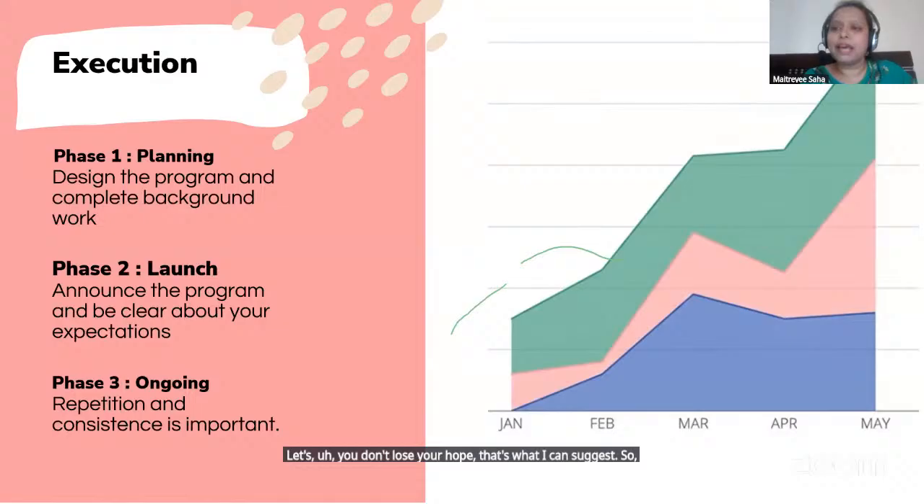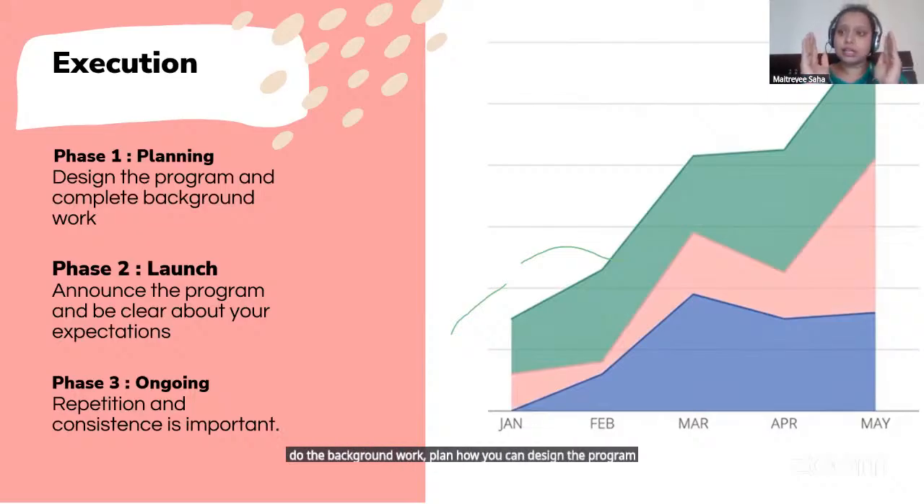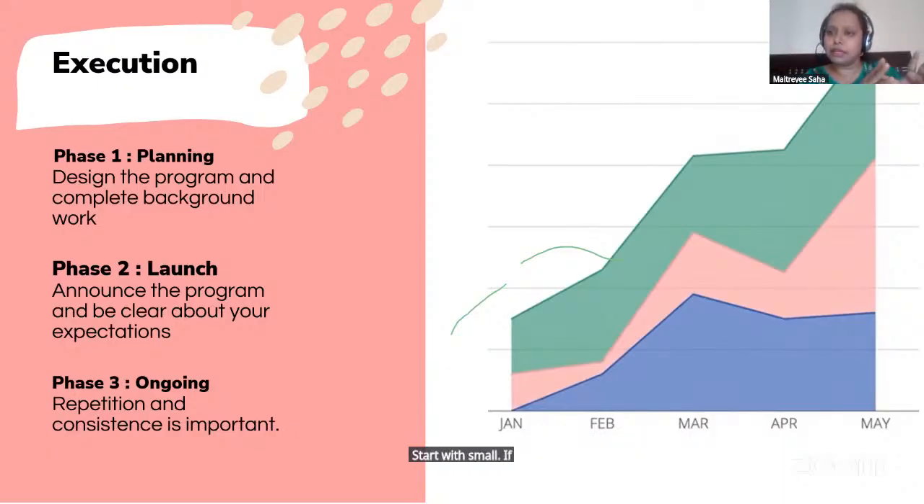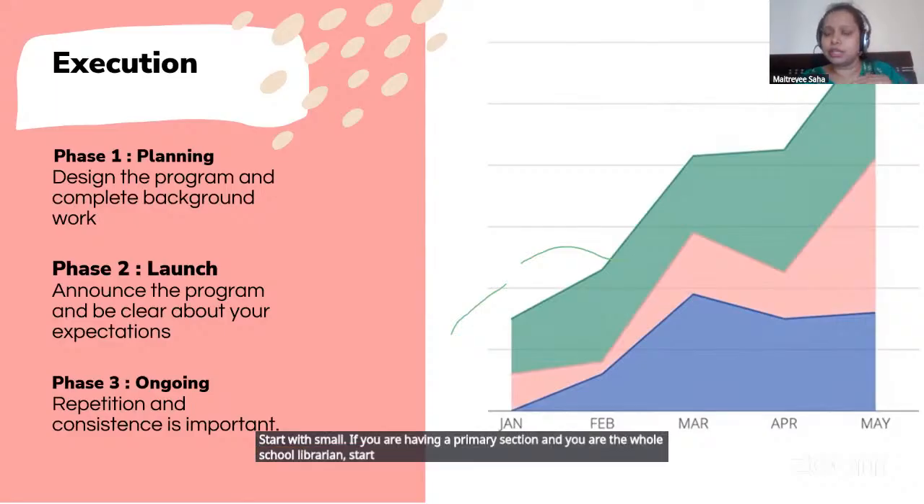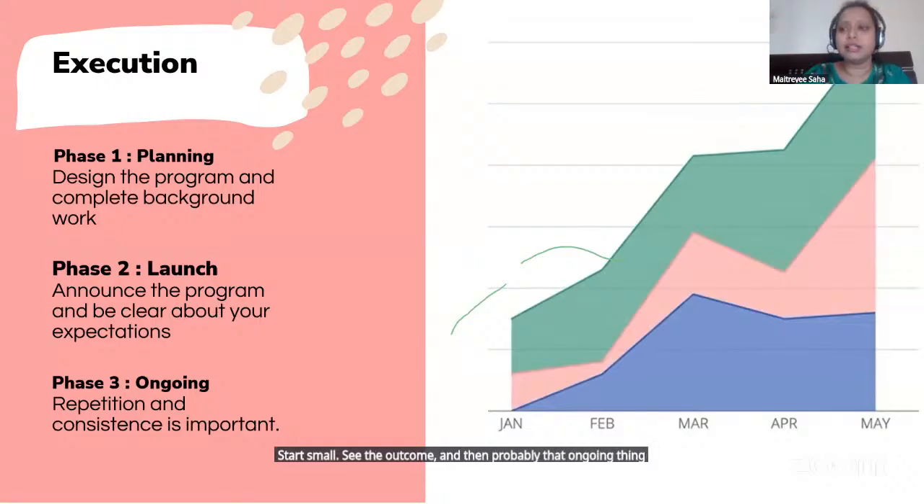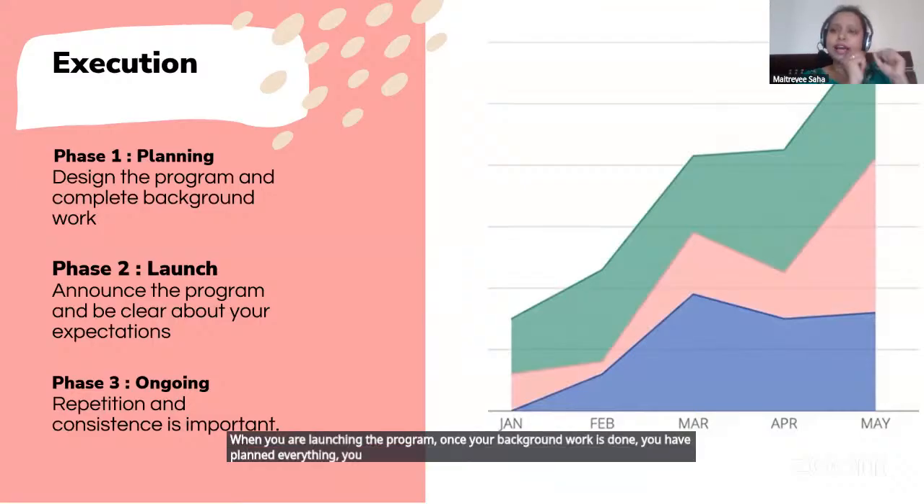You can break your reading program planning into three segments. One is planning: do the background work, plan how you can design the program, and decide which grades. As I mentioned, do not target the entire school. Start small. If you have a primary section and you are the whole school librarian, start with grades 1 to 3. If you are a middle school librarian, start with grade 6 first. Start small, see the outcome, and then one after the other, you can start adding more. That will help you when you are launching the program. Once your background work is done, you have planned everything, and you have approval to go ahead,